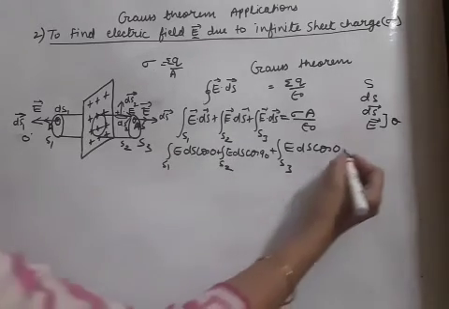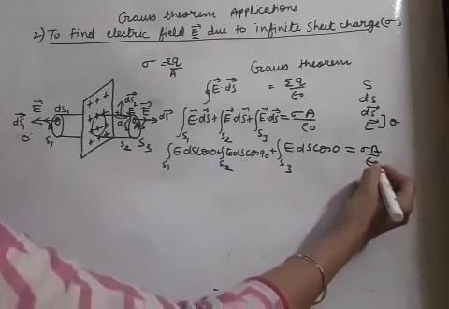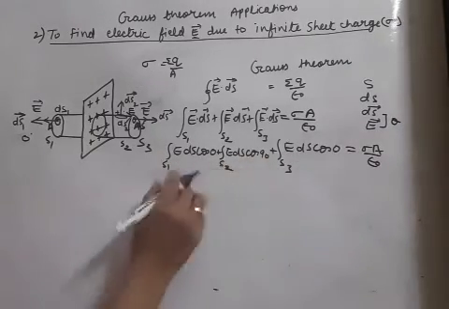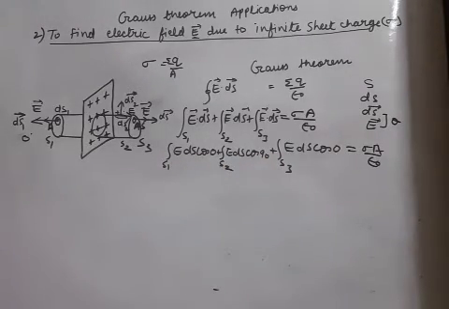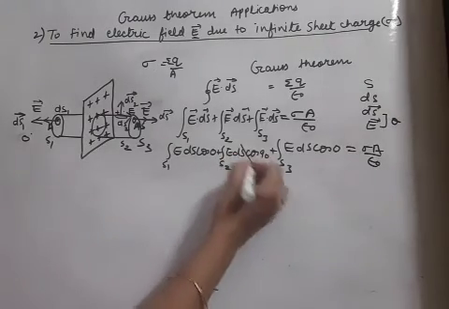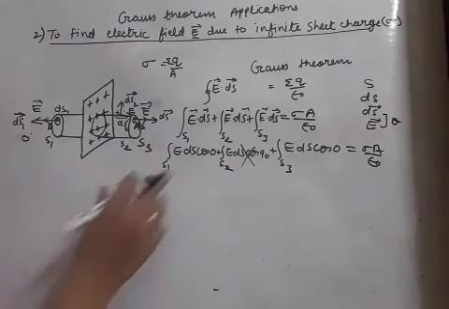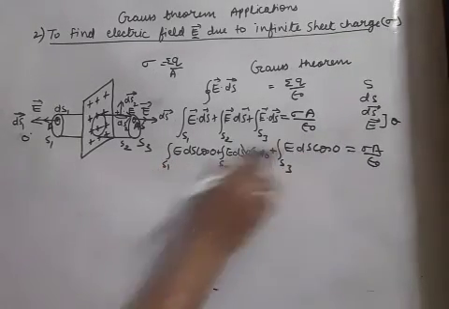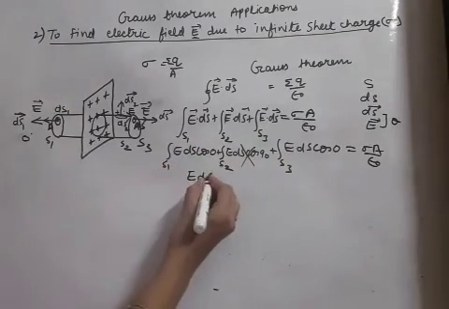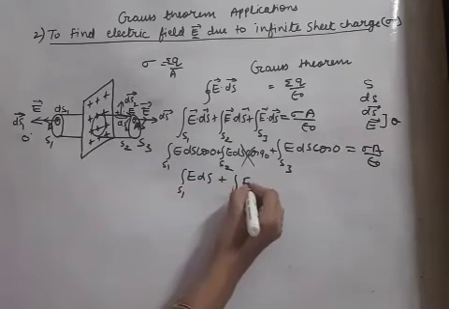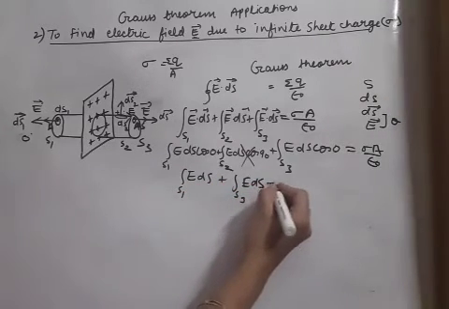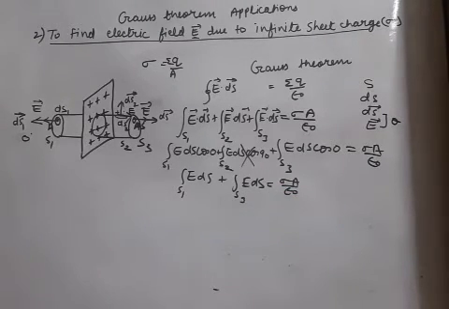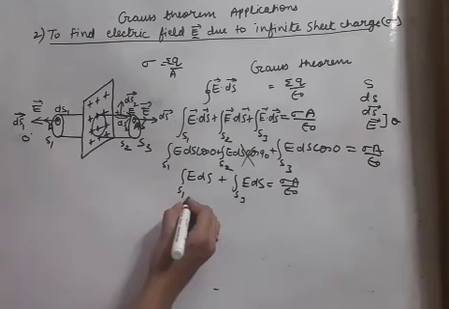This is the answer for S2 surface. Now let us do the detailing of all these integrations. Which integration is 0 out of the 3 integrations? So cos 90 is 0. That's why this integration is cancelled completely. And these two are remaining. In these two also cos 0 is 1. Cos 0 becomes 1. So E ds and E ds is remaining. Finally you can see E is taken out.